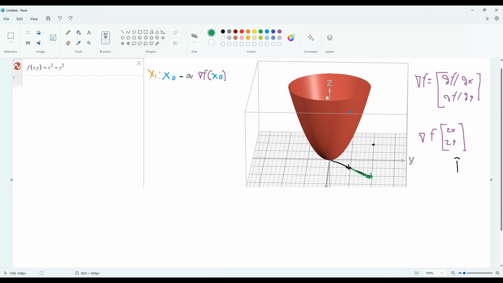So essentially this means that since the gradient points in the direction of the steepest ascent, if I want to increase the value of my function, all I have to do is continuously increase my x value, right? I just have to keep going in this direction. So if I just keep increasing the input that I enter into my function, I'll get a higher value,